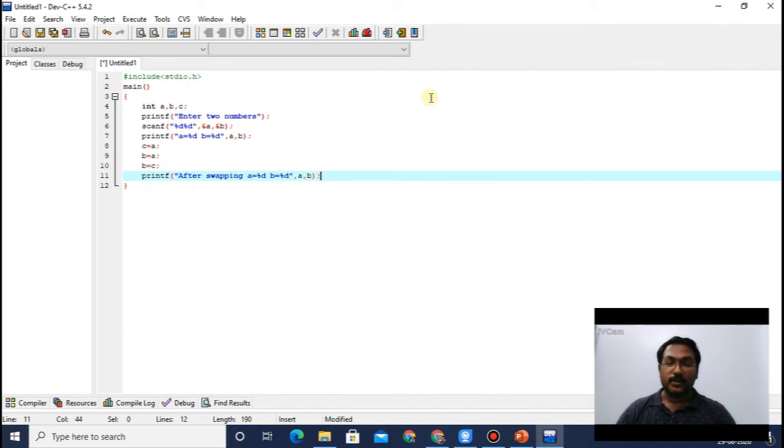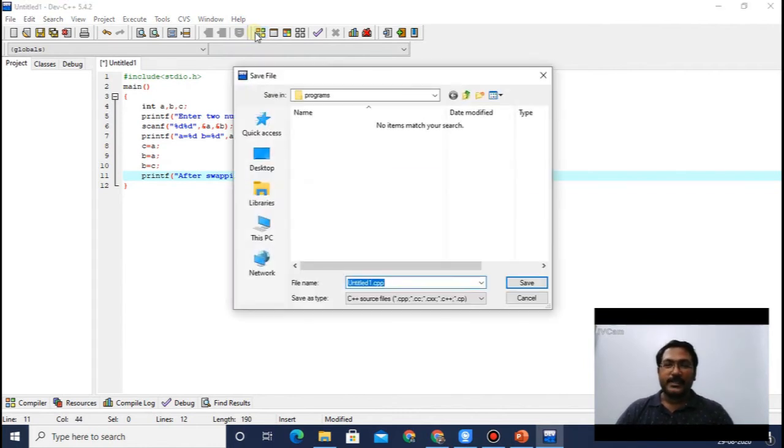Fine. Completed. As I mentioned, after completion we have to do compilation. If we have not saved the program, at the time of compilation it will ask you to save it. Then after compilation you have to run it. So compile. As I didn't save it, it will prompt me to save it.